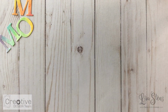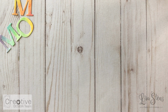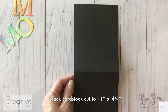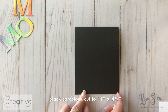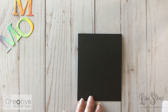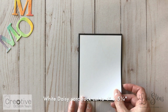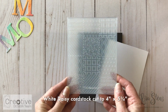So now we're going to go ahead and make the second card, and to create the card base for this card, I took a piece of leftover black cardstock from the first card, and I cut it down to 11 inches by 4 1/4 inches and folded it in half to create a standard card, which is 5 1/2 by 4 1/4. And then I cut a piece of white daisy cardstock that is 4 inches by 5 1/4, and